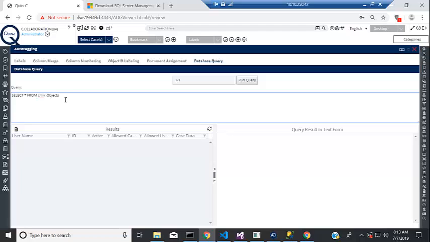It's not a heck of a lot different, frankly, than running a search or running filters utilizing the grid, which effectively accomplishes the same thing. But this gives you raw access to the backend databases. So right now here I'm selecting star from the common underscore objects table. And if I just run that query,